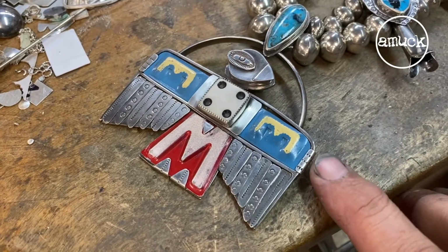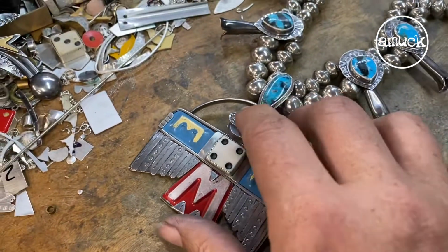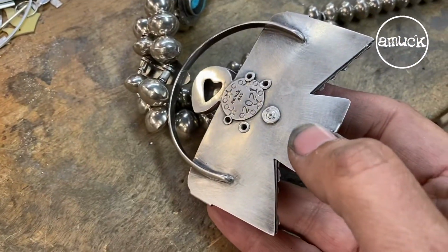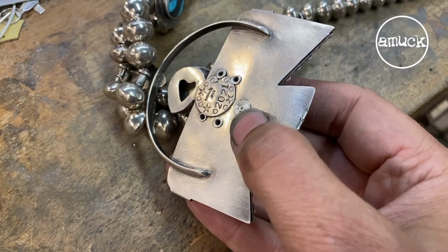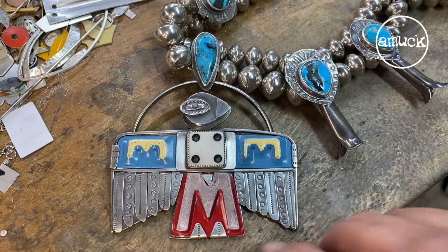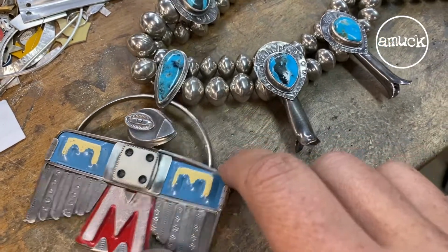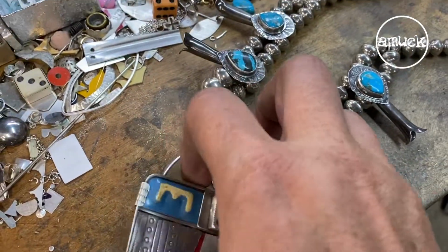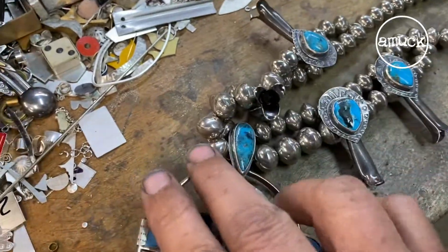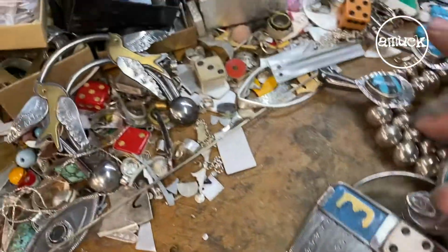So on the pendant, there's tabs that come over, and then the die has 4 pieces of tubing soldered to it that become rivets to the back side. This little rivet is right here. Feathers I soldered on. This head's a little hollow form. You can see that again. With a heart. I've got Kingman turquoise,